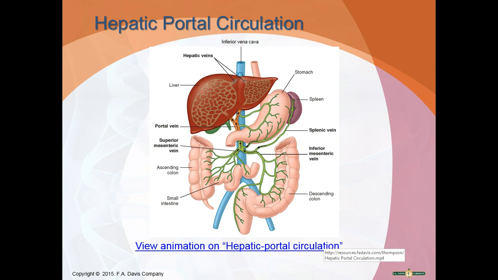So the hepatic portal circulation is a specific circulation, and there's a whole animation on this, which would be very important to watch, because this is a separate circulation. Sometimes in some anatomy books, you'll see this taken out and a whole chapter be just on the hepatic portal circulation, because it's a separate circulation. It's really important. The liver is next to your brain. It's a very, very important